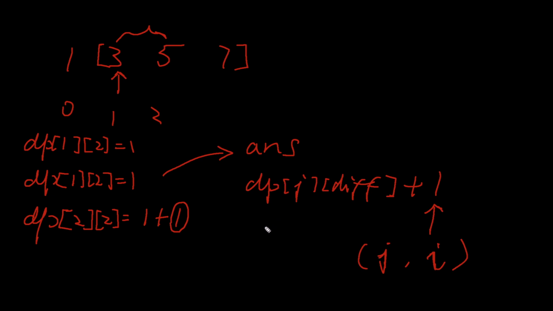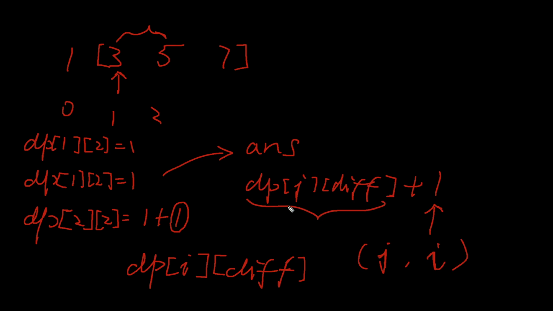Okay, so in the end, we cannot simply accumulate everything from this dp[i][diff], because obviously the value we store here also includes several length 2 values. These length 2 values are just candidates in case we need those values in the future. That's why the answer has to be coming from this value,